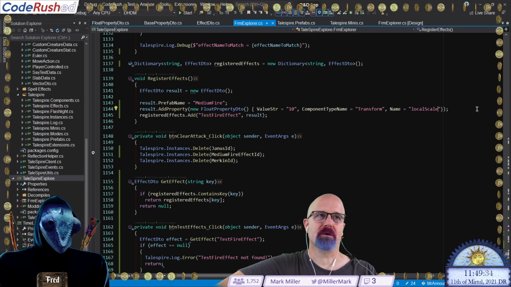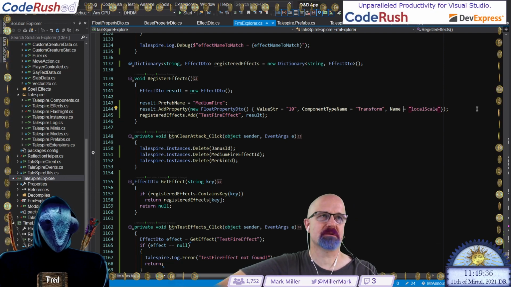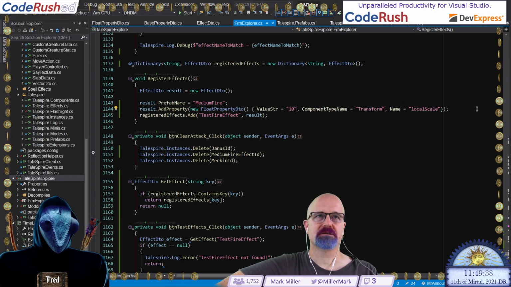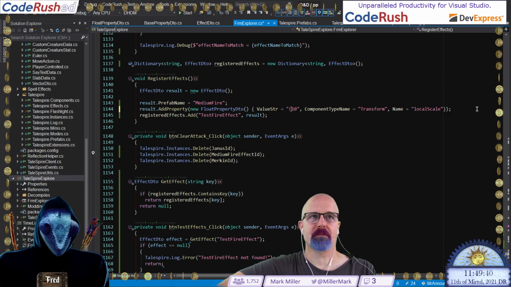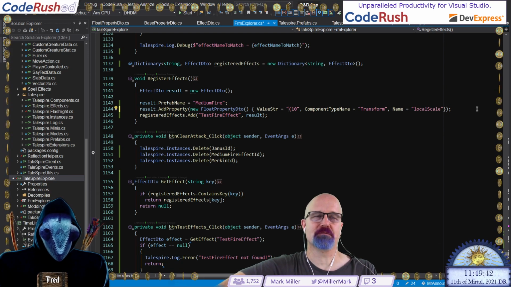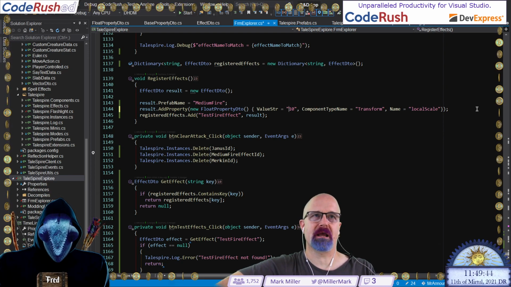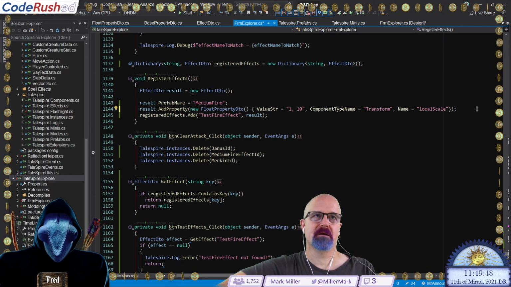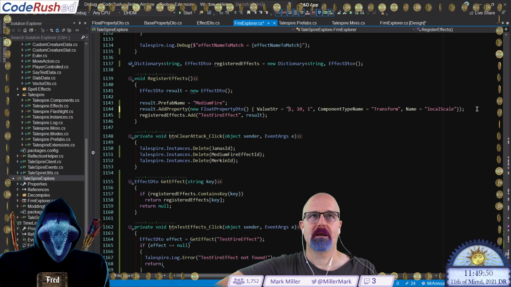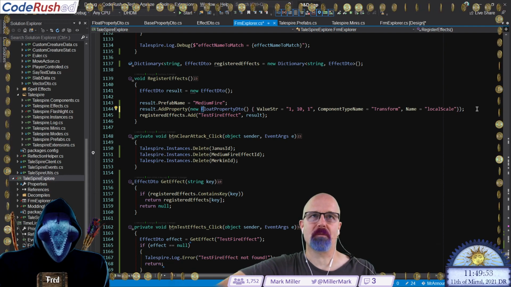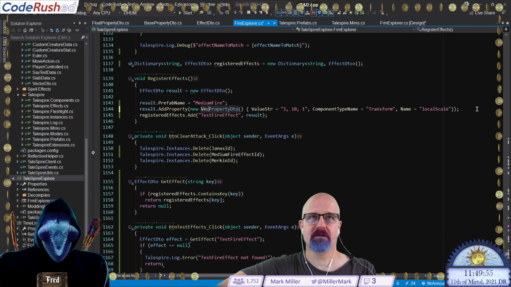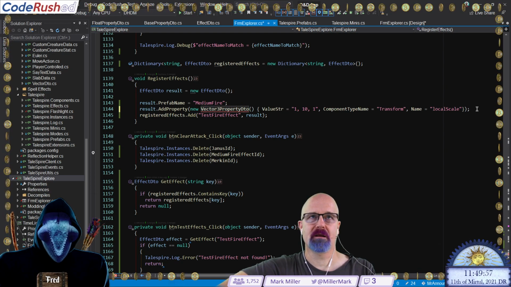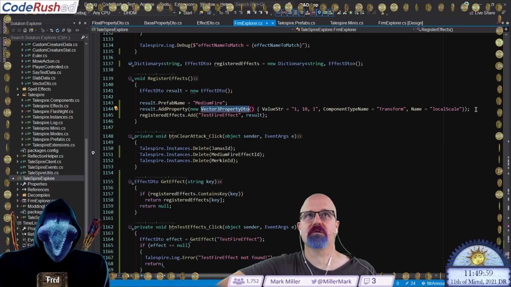I'm pretty sure I know what's going on. There's some protection in here. So my new value, I'm going to do this. It gets more complex. But we're going to say 1, 10, 1. And I'm going to change this from a float property DTO to a vector 3 property DTO, which we need to create a new instance of.